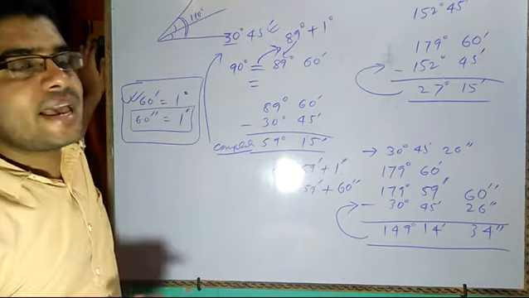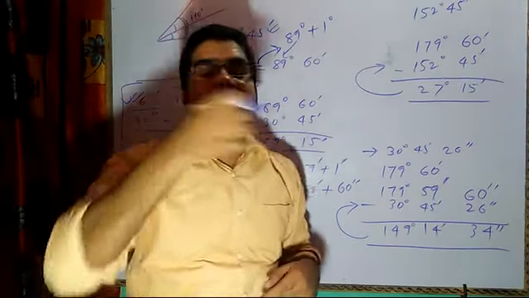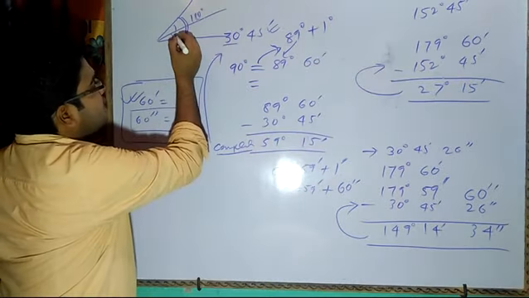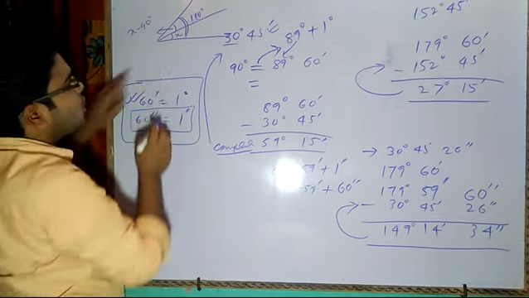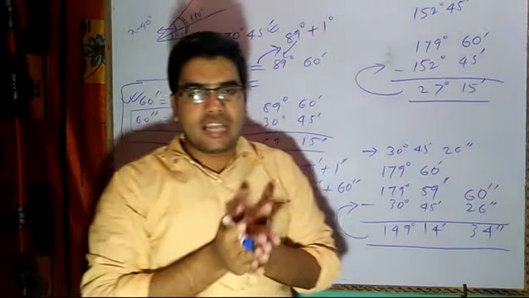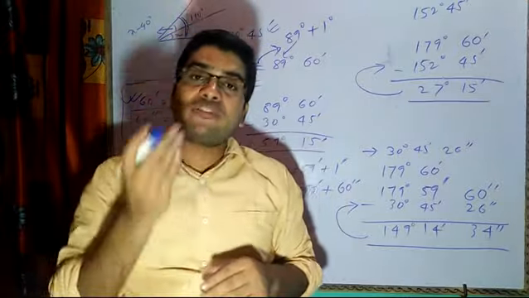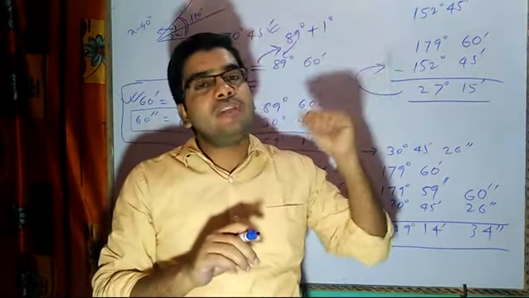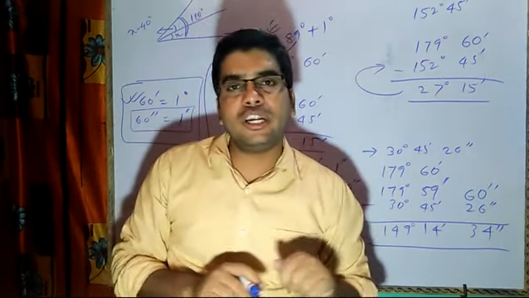But the condition says that one of the angles is 40 degrees less than the other. So if I take x here, this angle will be x minus 40 degrees because it is 40 degrees less. The statement says we have adjacent angles, and the sum of these two adjacent angles is equal to 110. One angle is 40 degrees less than the other, so the other angle I will assume is x. So the first angle will be x minus 40 degrees.